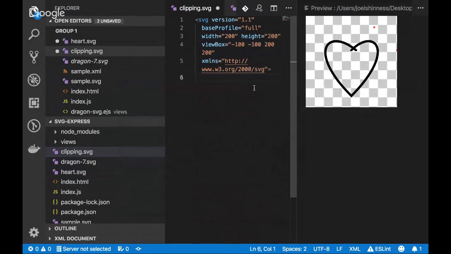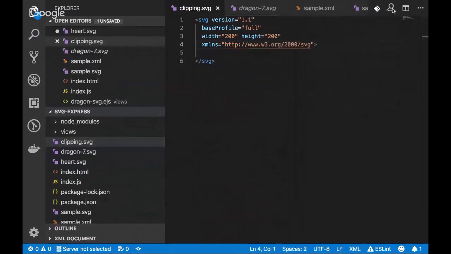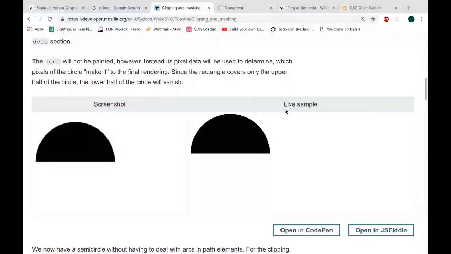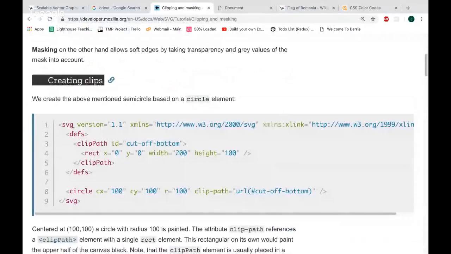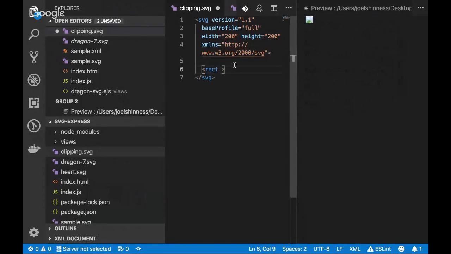Okay, right. So clipping. All right. What I'm going to do, I'm going to see this one. View box. That's another story entirely. But that is an important one. So I'm going to close this. I'm going to open this one off the side. So the idea here is that I have defs. Defs is where I define some things. So I'm going to, but first I'm going to make some lines. This is just going to be rectangles that are